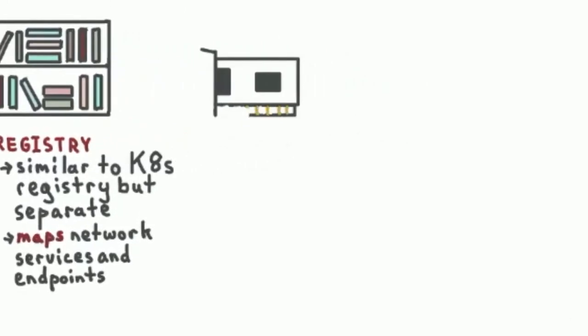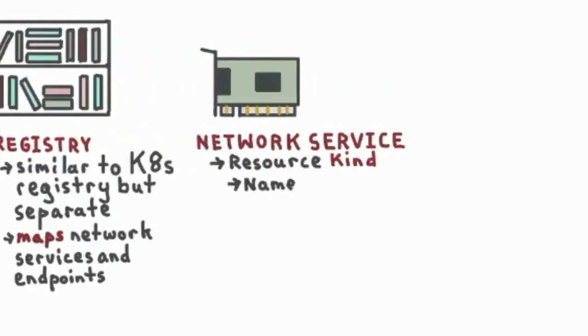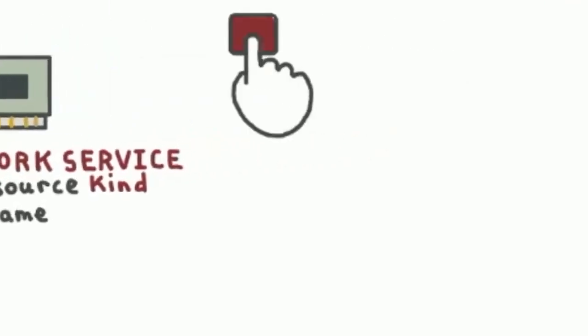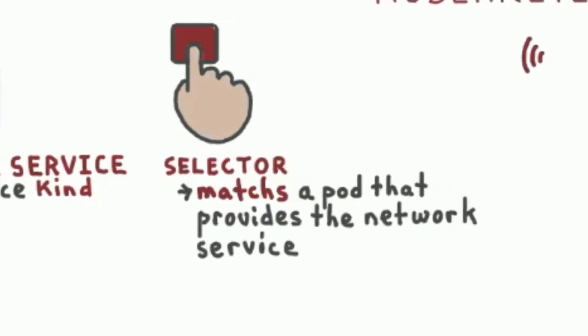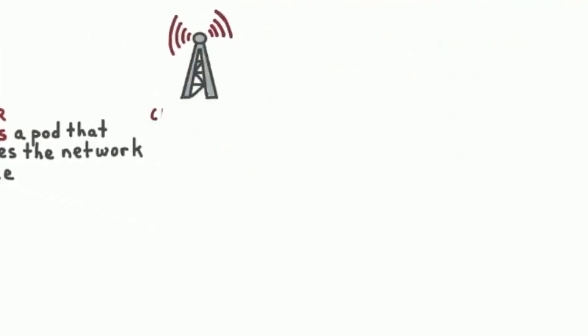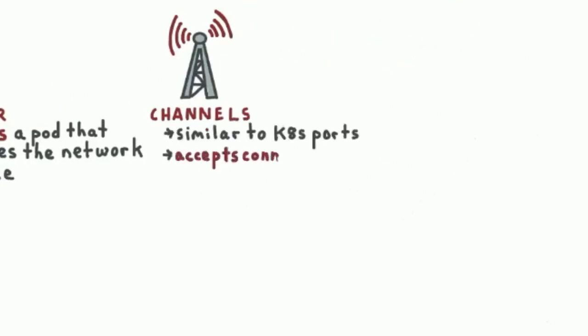First, let's have a totally separate kind, a different resource, so we don't screw up what works for the guys in Kubernetes for services for applications. Give it a name. Have a selector that will match a pod that provides this network service. And then here's where we deviate in the first point. Rather than having a thing called ports, we'll call it channels, to avoid the infinite overload of the word ports